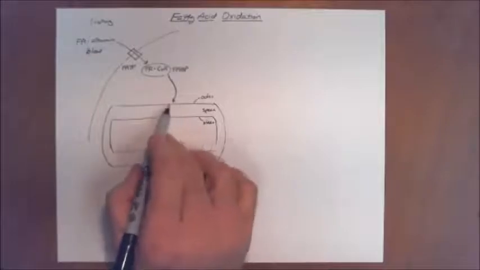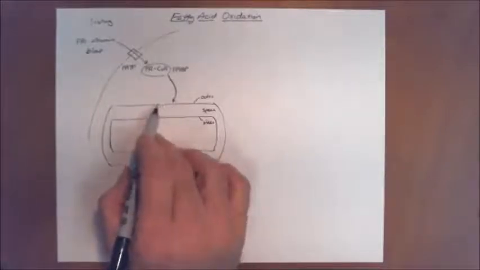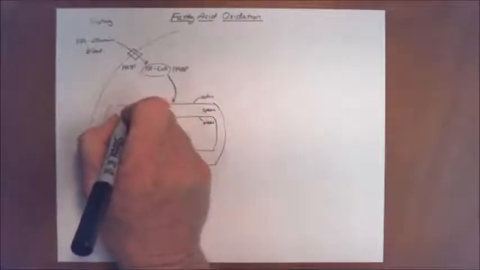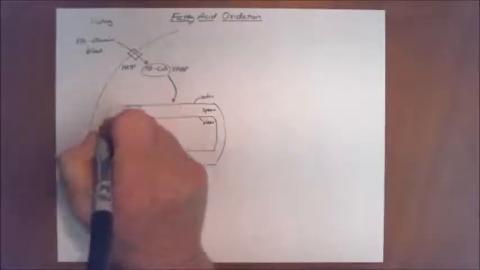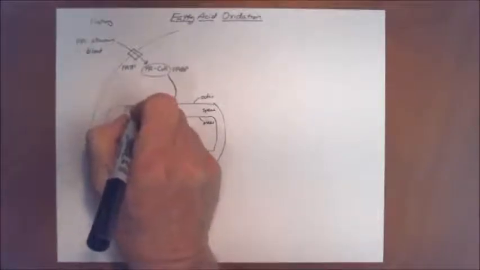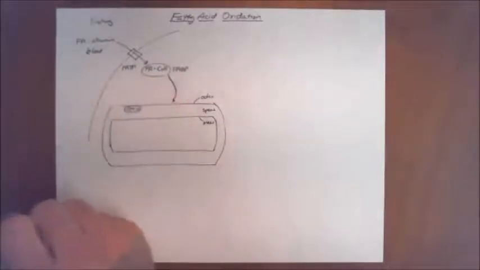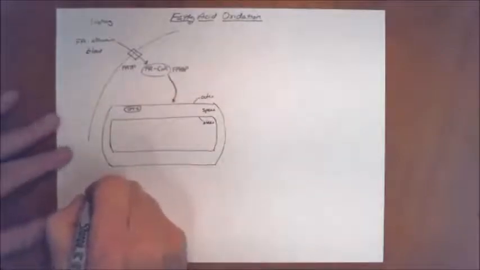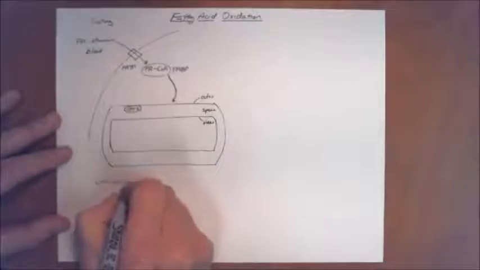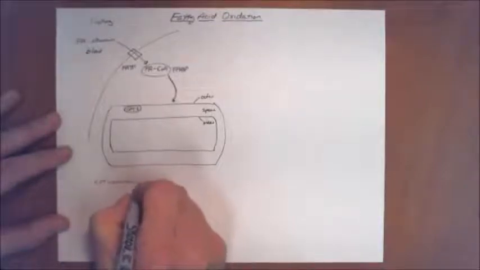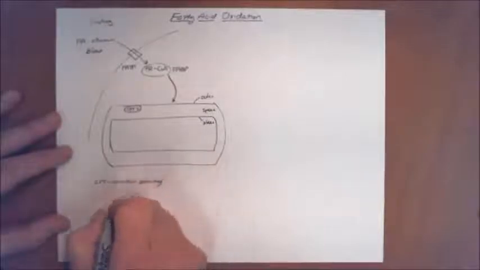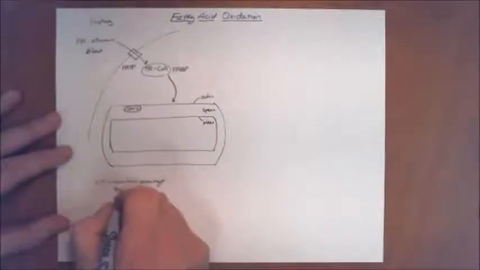Recall that the outer membrane allows transport of larger molecules coming through, but what we also have associated with this outer membrane is an enzyme called CPT1. CPT1 stands for carnitine palmitoyl transferase